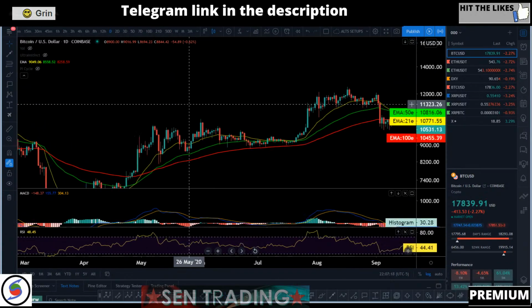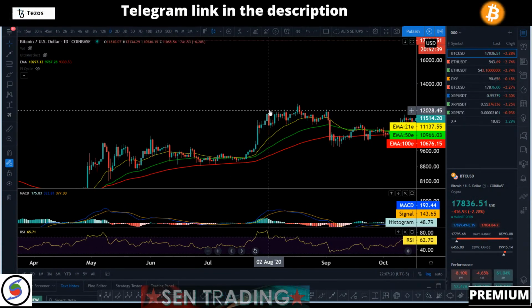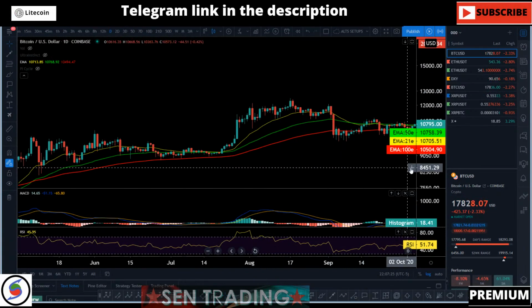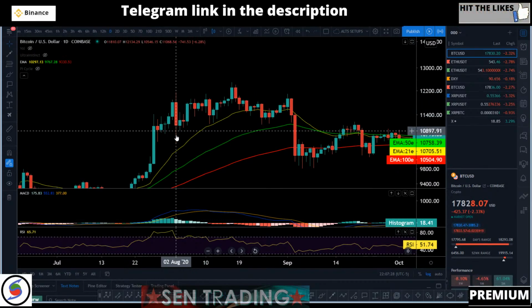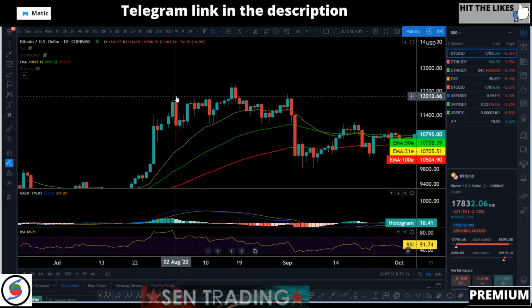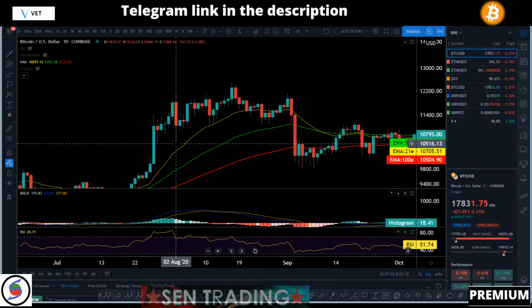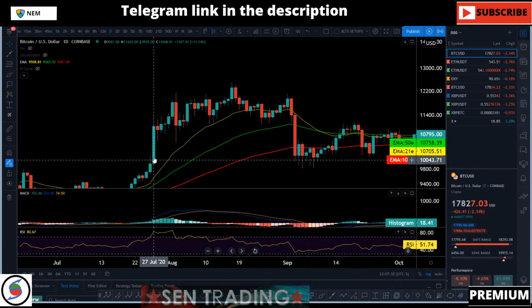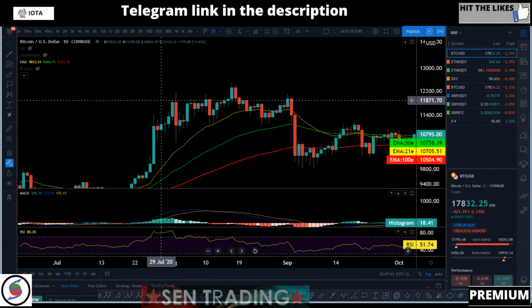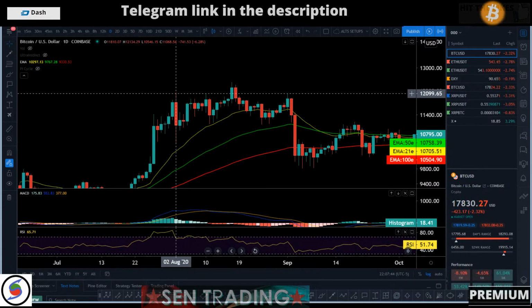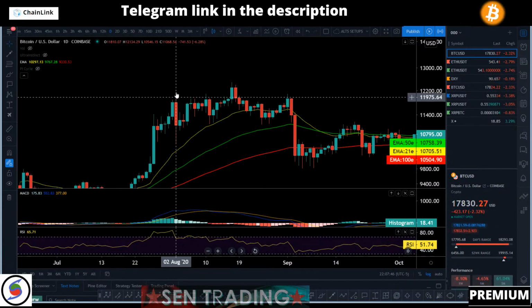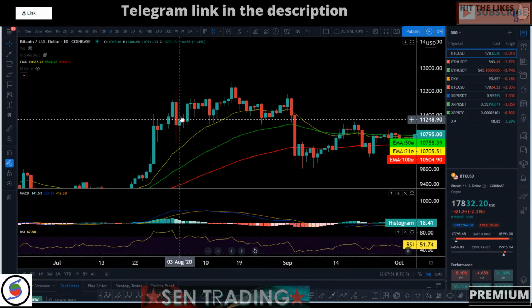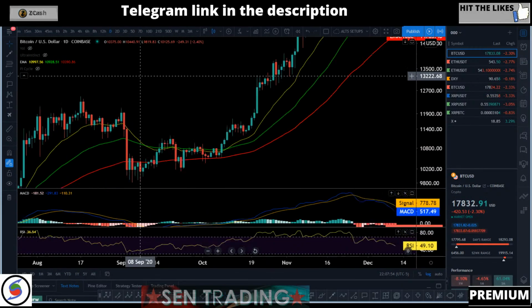Okay, keep that in mind. This structure, we were live, remember, I think August 1st, 2020. Saturday night, this sucker dumped all the way down back to 15.5. We took the long from 10.5 to 12K, and we said, guys, get out. In our premium, we said 12K to 12.1 is going to be our top target, and we're not going to be waiting for anything. It's going to dip down, we're going to get out, and then we're going to take it back up. So let's just keep that in mind.